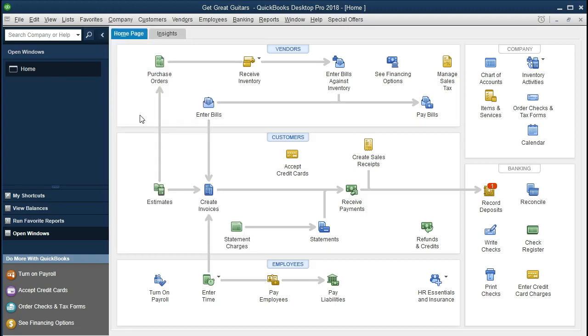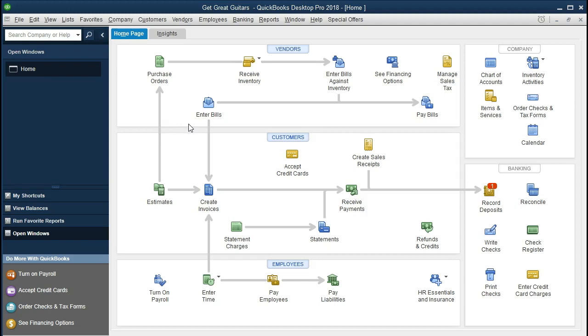It's useful that QuickBooks does open to the home page because the home page is the driving page. It gives us really most of the areas that we're going to need to input data, and it gives us a nice visual in terms of what data is there, the systems that will be in place by cycle, by vendor cycle, by customer cycle, and by employee cycle. So by going through these cycles, by going through this visual, we can enter data in a fairly easy way using forms. Those forms are what QuickBooks uses to generate the financial statements. So QuickBooks is trying to give us a guide for us to put the information in as easily as possible